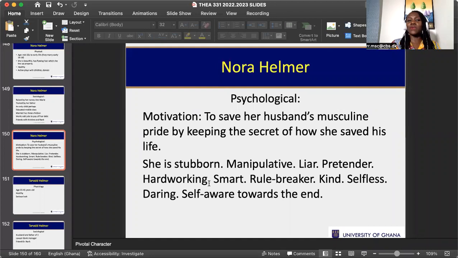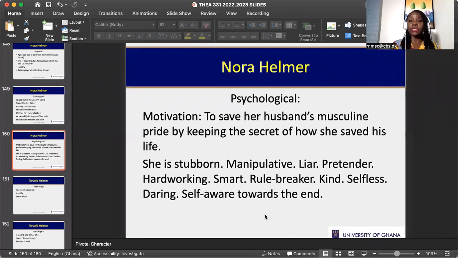She said what she does by working to pay off debt makes her feel like she's a man. Because within that society, it is the men who normally work to take care of the family. The women are confined to the domestic sphere and all that. If you are a married woman, it is the man who takes care of you. She doesn't have to work, but by doing that secretly, she feels like she's almost like a man.